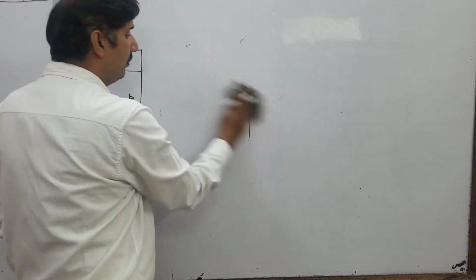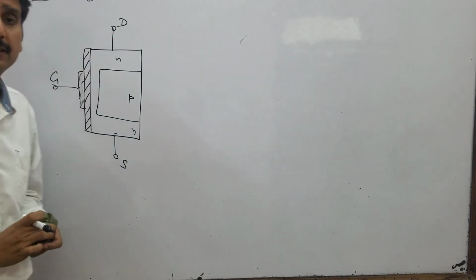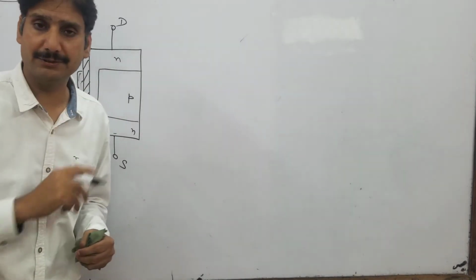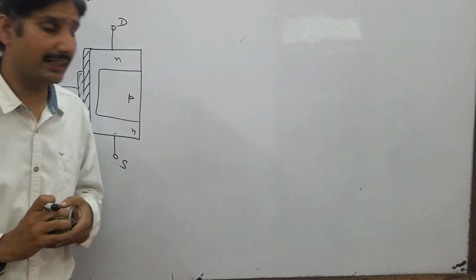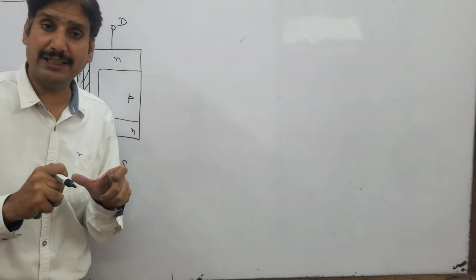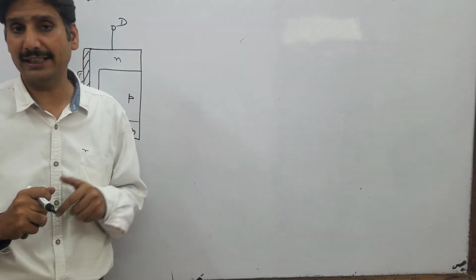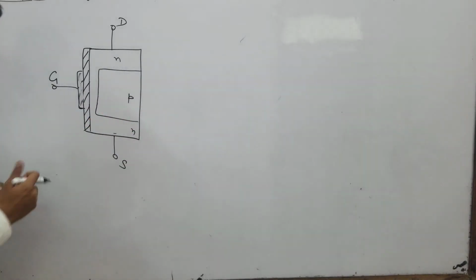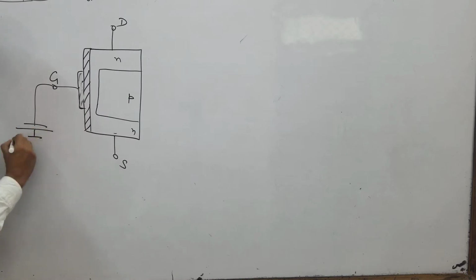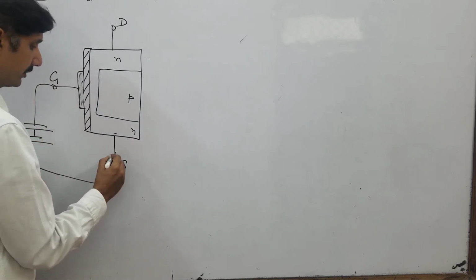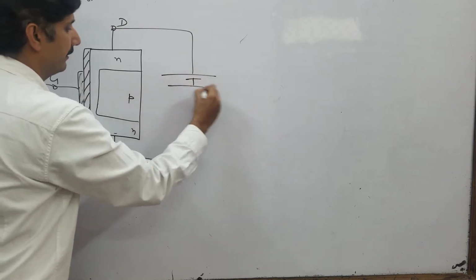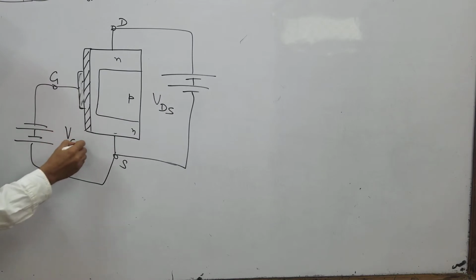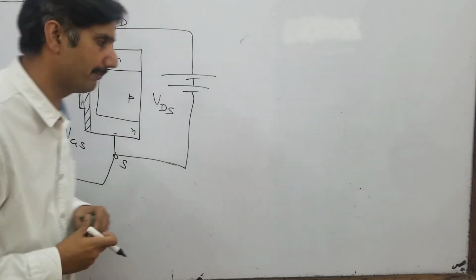Now, we must always keep the gate reverse biased. That was the case for FET. For MOSFET, a depletion type MOSFET, you can operate it with gate positive or gate negative. Now, if gate is negative for this n-channel MOSFET, what will happen? Let's say I connect the negative terminal of the battery to the gate, and let's say this is positive, and whatever voltage is VDS, drain to source, the voltage over here is VGS, gate to source voltage. Now see what is happening.